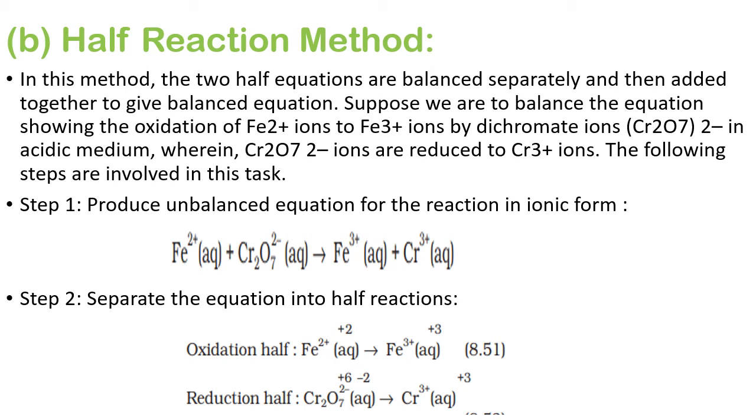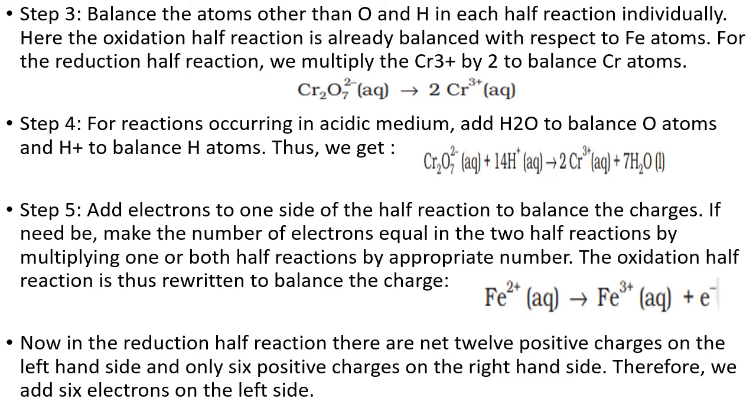Now, how much loss is there? How much gain is there? That you have to check separately. Let us take the oxidation half reaction, that is Fe2+ to Fe3+. There, the number of iron atoms is already equal, so no need to balance iron atoms. Now we will go to the reduction half, where Cr has changed from +6 to +3, and the